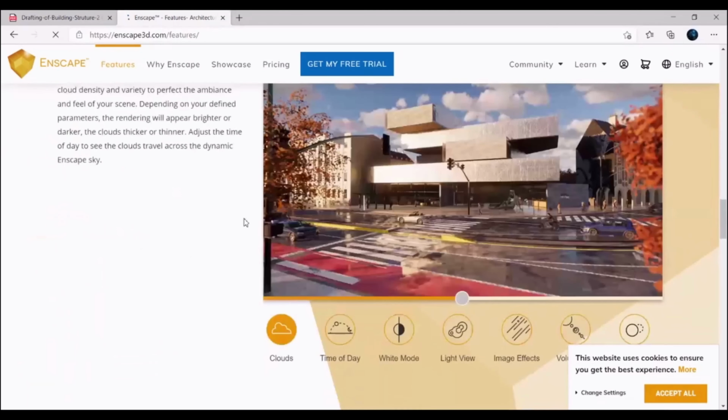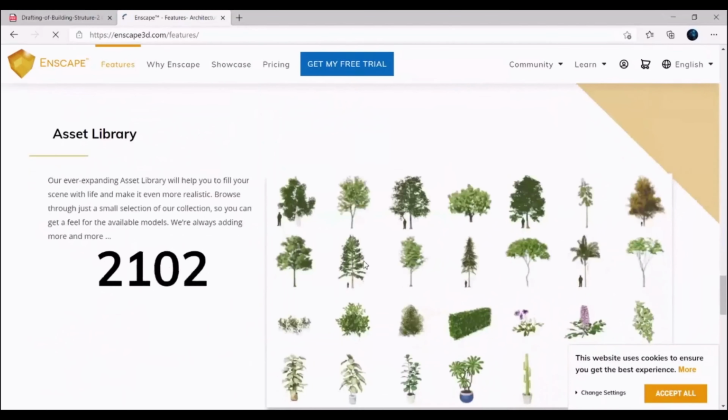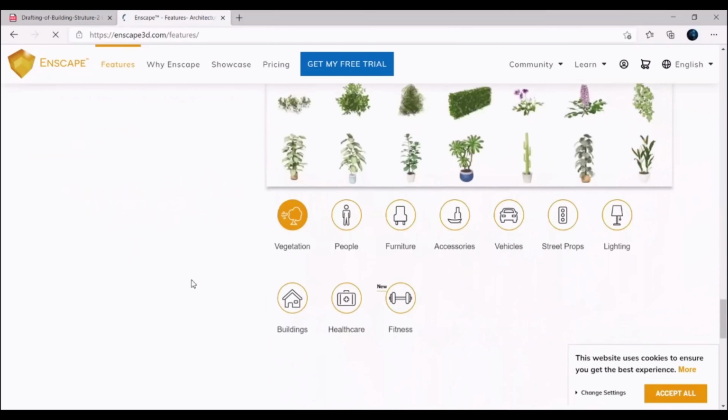This kind of real-time rendering we can get through this plugin, where all the other rendering software take a day. Here you can render your projects within an hour.